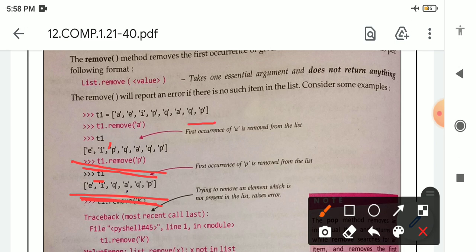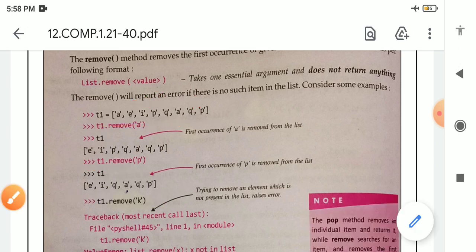First see here, in this particular list how many times is p present and how many times is q present? P is present 2 times, q is present 2 times. So when we use the remove method the first time, it removes this p, the first occurrence. After that, if we want to remove one more p, we have to write the remove statement one more time, because p is present 2 times and q is also present 2 times. When we remove p here, one p is still present, the last p, but the p which came first is removed, the first occurrence.